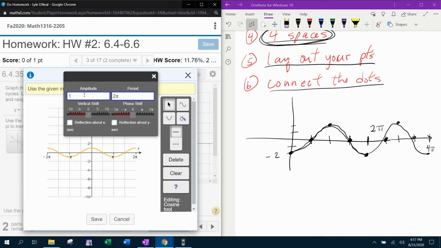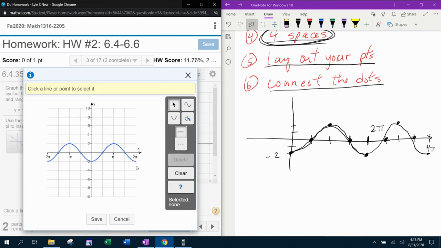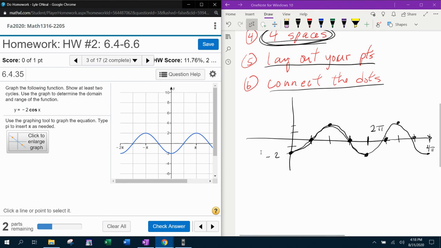We have a cosine. Amplitude is 2. Period's 2 pi. No vertical shift, no phase shift. But again, remember that it's going to start at +2. So we're going to have to click this button that says reflect about the x-axis. And that's going to make it flip over and start at -2. Okay, so then this now looks like what we drew over here, okay? And we're going to save that. And before I actually click to check that, I'm going to show you one more thing,